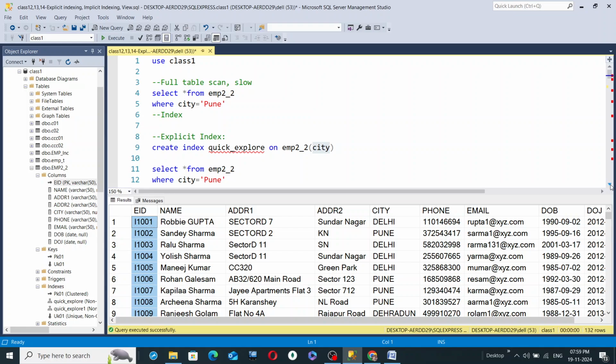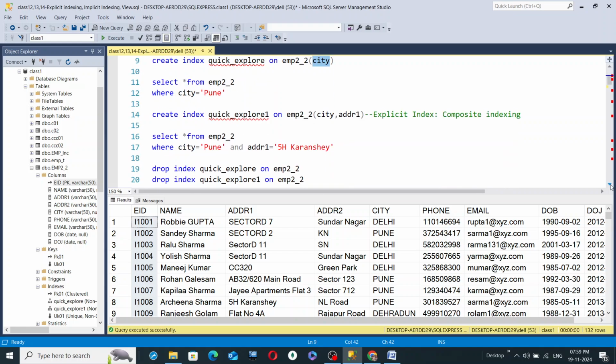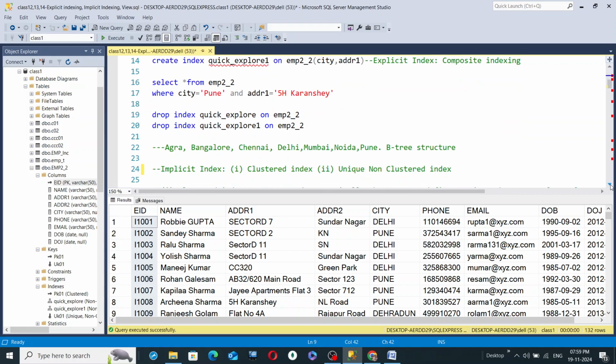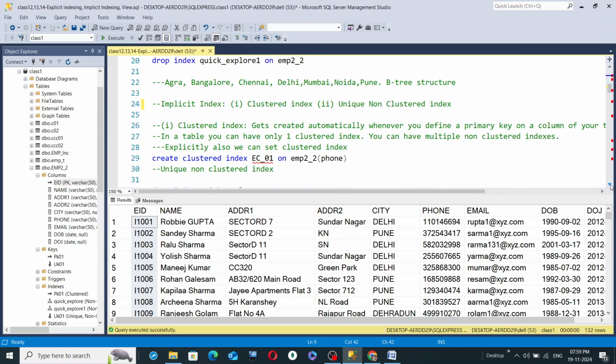So this was for clustered index, which we saw got created implicitly. Whenever we created the primary key on the EID column, that is, assigned the EID column as our primary key, then and there a clustered index got formed automatically. The EID column itself became the index, that is, it became the clustered index itself. This was implicit. Now